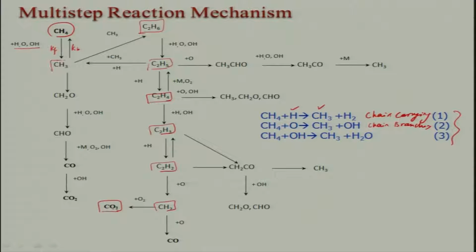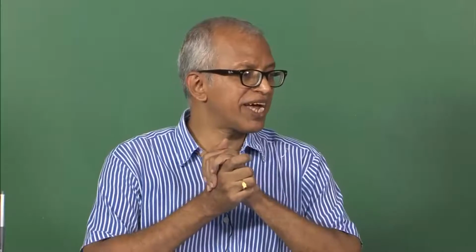And there is another route: CH3 can be converted into CH2O, and then CH2O can react with H and OH getting into HCO and CO, right, and then CO will react with OH getting into CO2. Similarly, several reactions will be taking place in this direction, and then several products will be formed. C2H3 can come into C2H2 plus OH reacting with these products, and similarly from here it can go to CH3. So, what I am trying to show you in this multi-step reaction mechanism is that